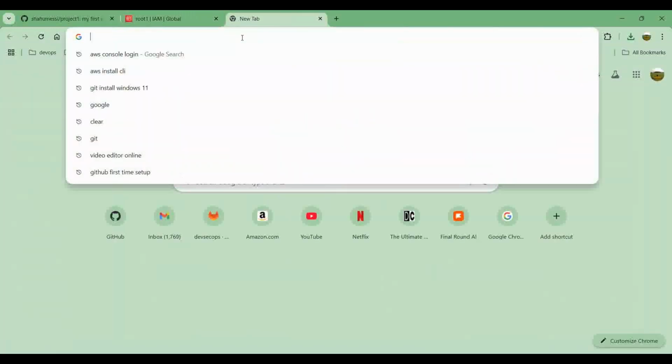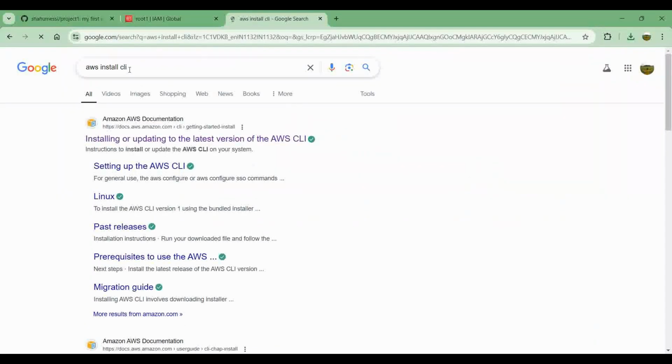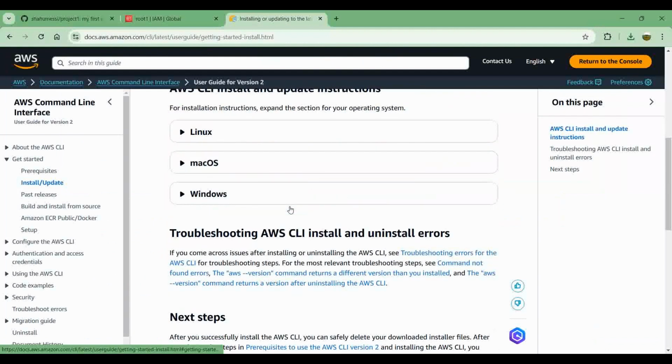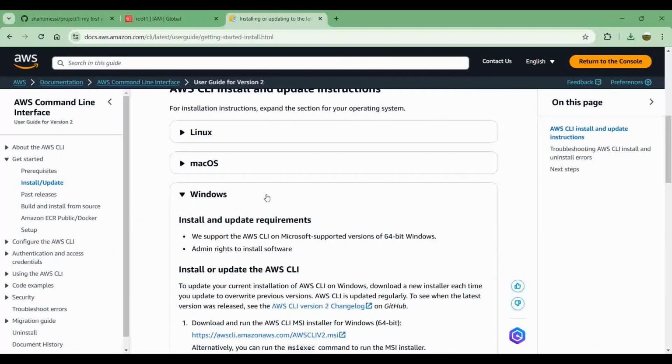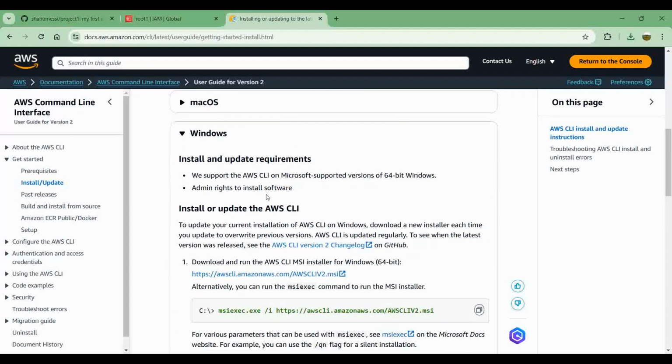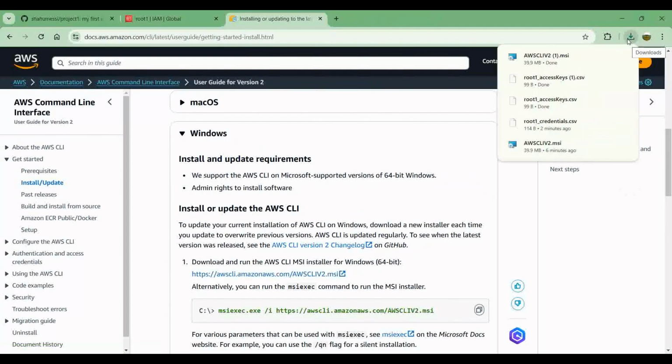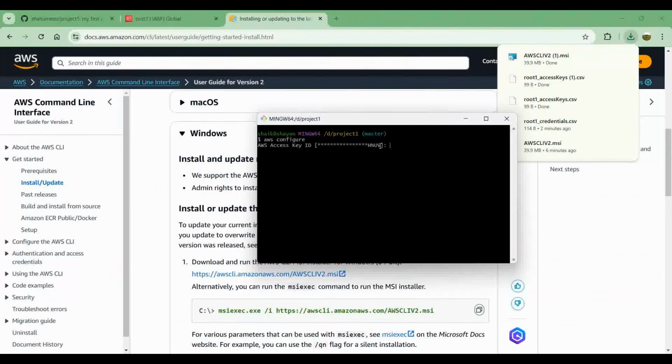Go to the Google and search AWS Install CLI. Go to the particular links and select Windows if you are in Windows, and select this one. This will install the software of AWS CLI. Once the installation is done, go to any kind of a terminal